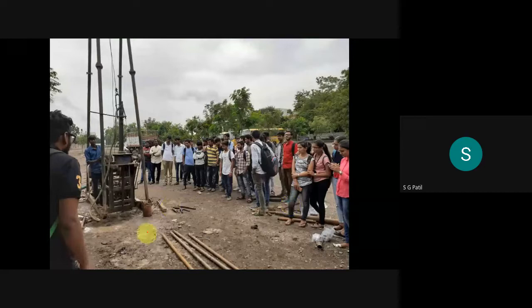Last semester, I took your seniors for a field visit. In the field visit, this test was carried out in our BLD medical campus, where they were coming up with a multi-specialty hospital. Before constructing that hospital, we did this borehole drilling. This is the equipment for the borehole drilling. Now the drilling is going on, that's why the hammer is sitting on the ground here.